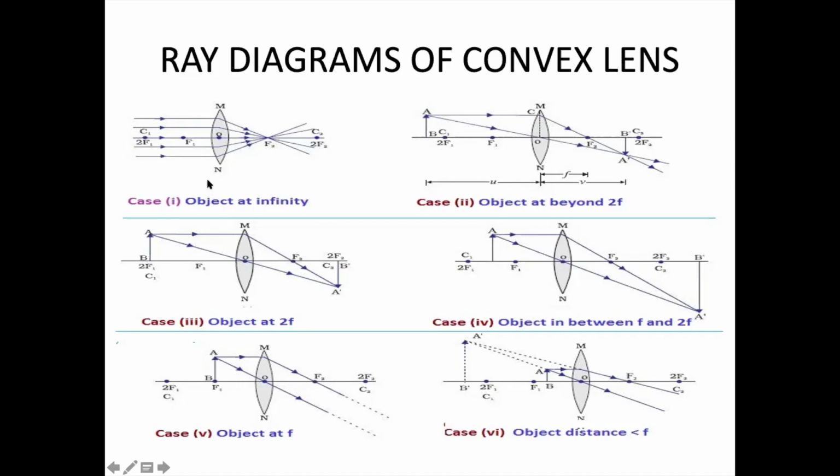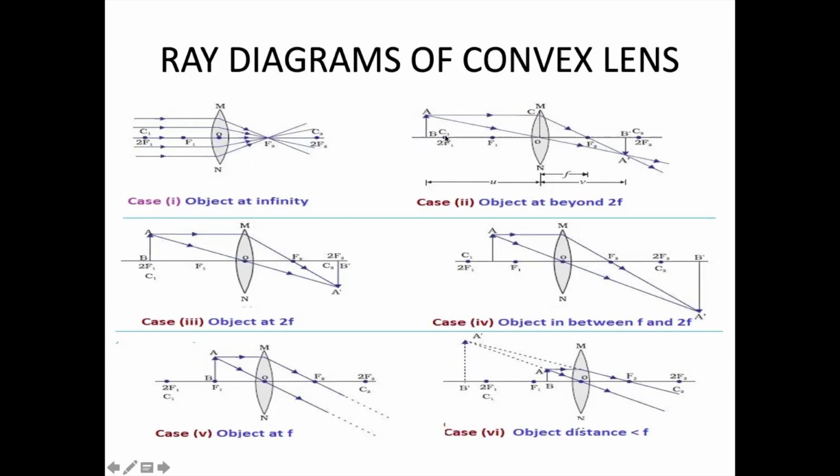The rest, at different positions, we will see. At infinity, say the sun again. When the parallel rays of light from the sun pass through a convex lens, they all will focus at a point. Take a convex lens and let the sun's light pass through it, and you can keep a paper over here at the focus. It will burn. Imagine that is a strong light. You can do this experiment at home. If you have a convex lens, focus it with the help of the sun, with the rays coming from the sun, and try to keep the paper exactly at the focus. It will burn, because this place will get so heated up that the paper will burn.